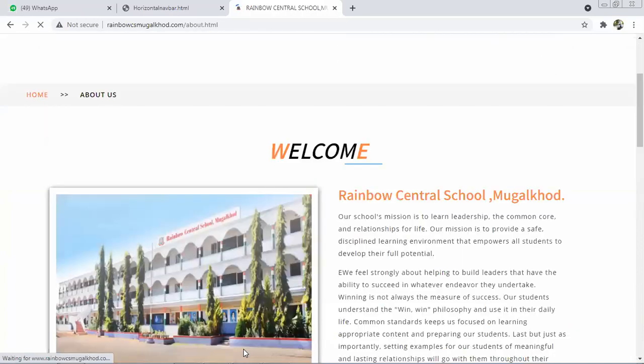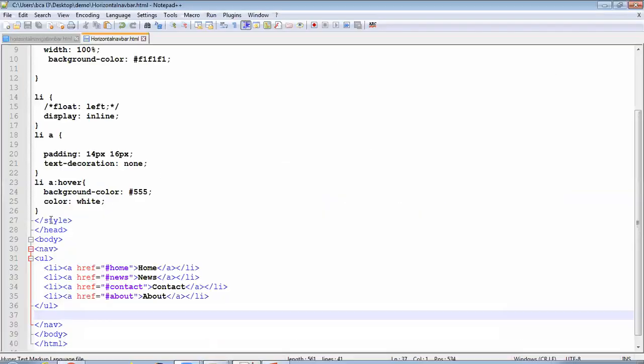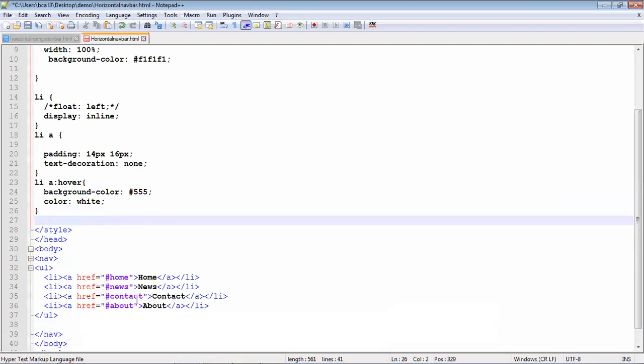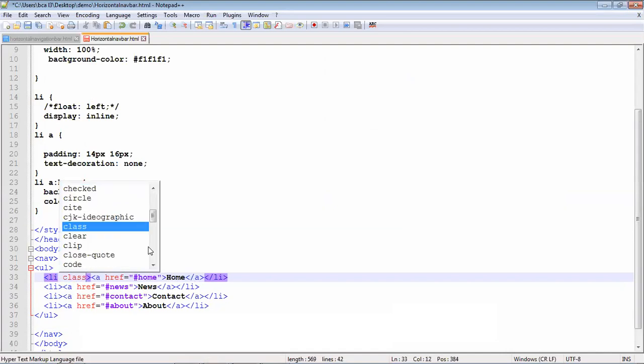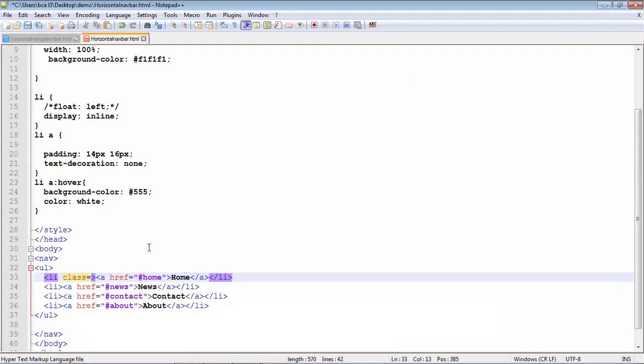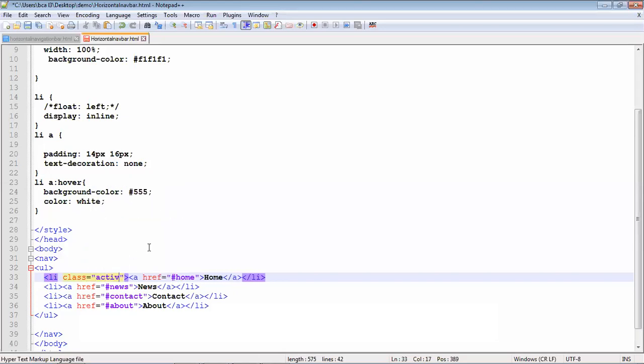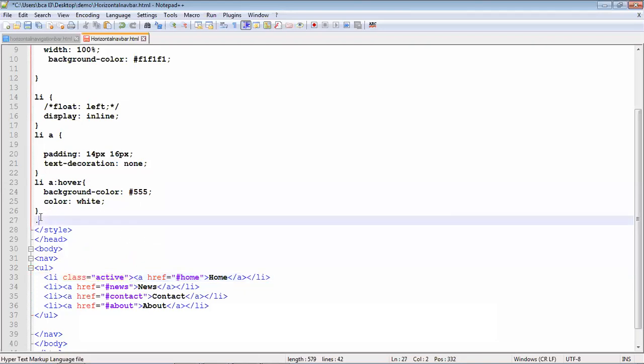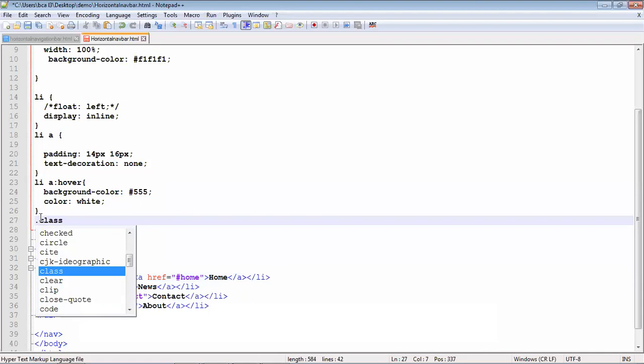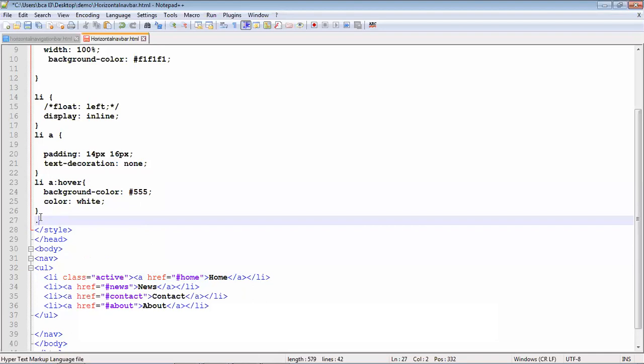Similarly here also we have to give it, using the class property, as we discussed yesterday. Give the class value active. Now to use the class in CSS you have to write dot class. Already we discussed why we use the dot: there are two important properties, class and id.